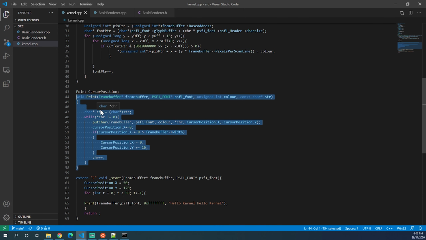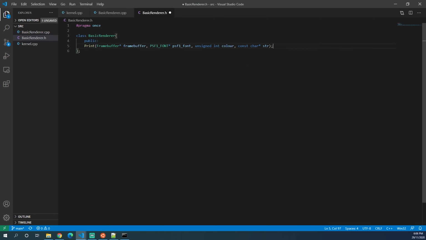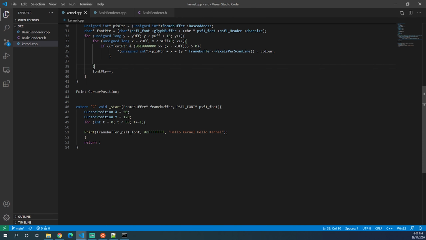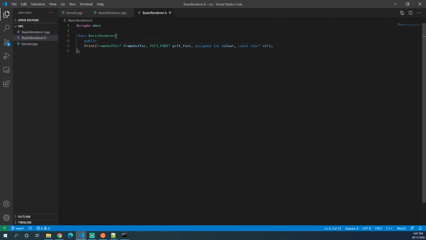So we can take this void print, move it into BasicRenderer.cpp, and do BasicRenderer and then 2 colons to signify that this function is part of the class, and then we also need to declare it inside the class. So we'll copy the print and all of its parameters and put it into the class. Now we're just going to need to resolve a few things. This class has no conception of what cursor position is, so each basic renderer is going to have its own separate cursor position. So instead of doing point cursor position in kernel.cpp, we can do point cursor position in